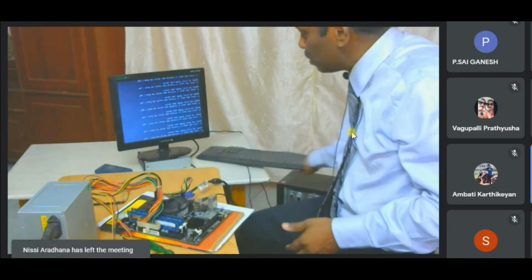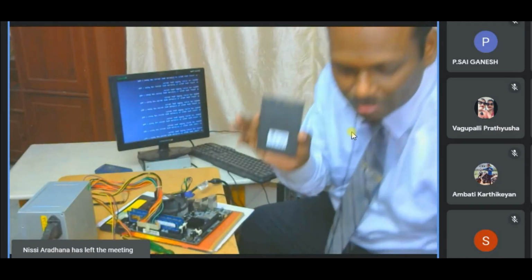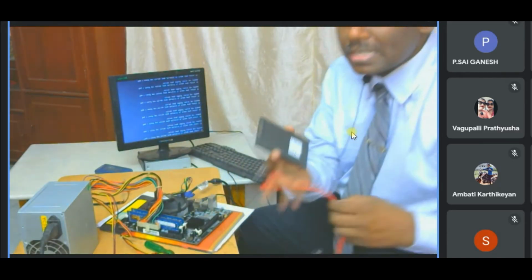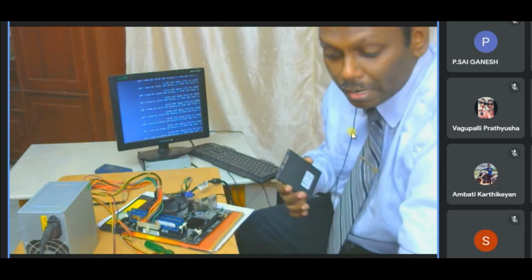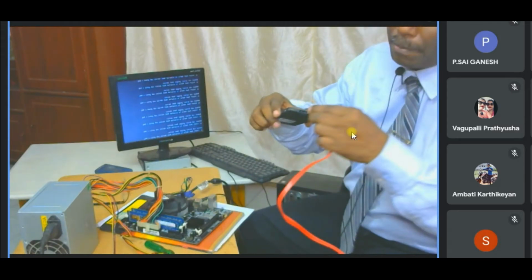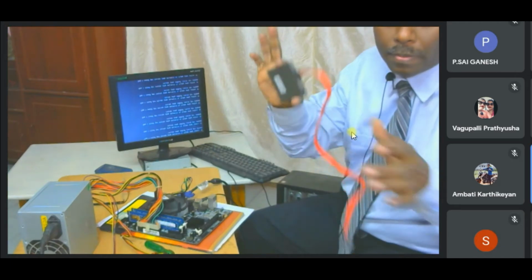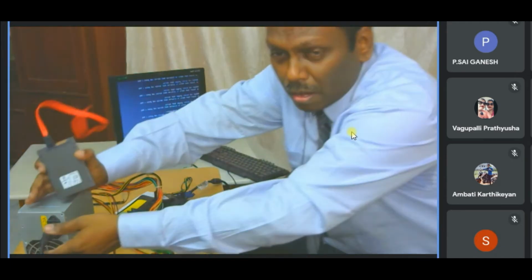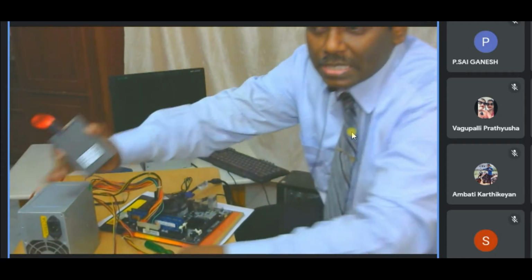So what I'm going to do, I will insert the hard disk. This is my hard disk now. I'm going to connect this hard disk, but I'm not supposed to connect anything online. I have to switch off and connect. So here I'm connecting the SATA cable. I should not connect online directly like that. I'm powering off. Is this clear?